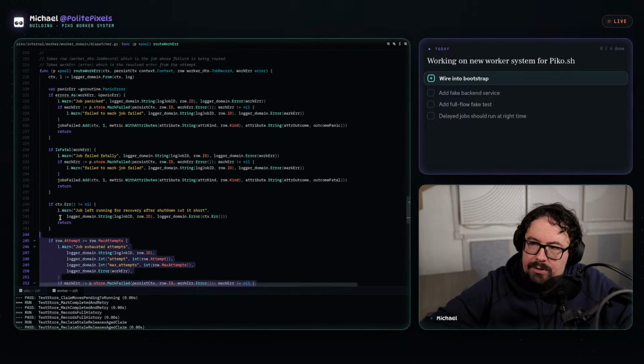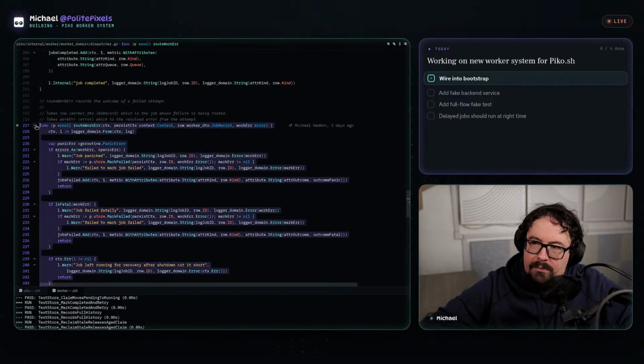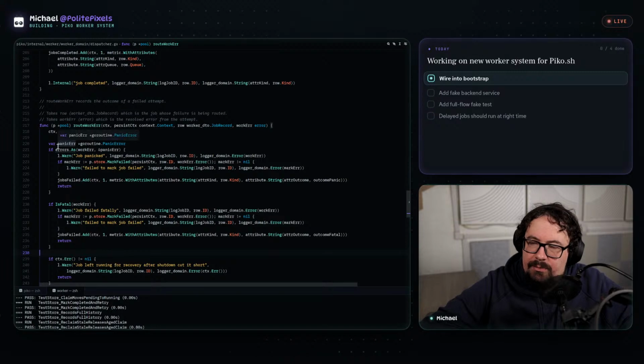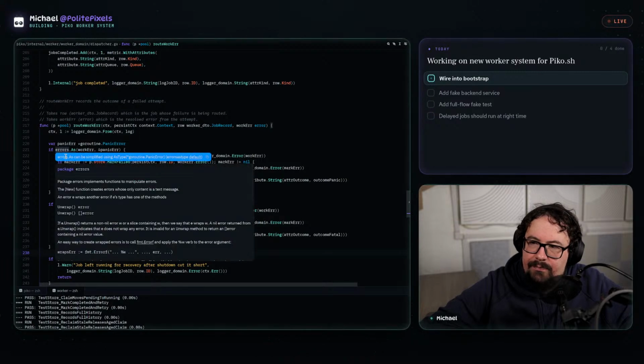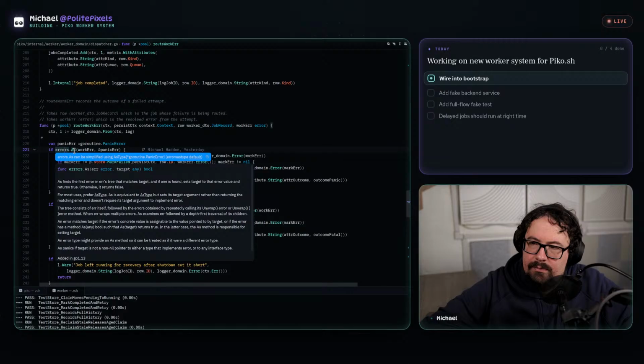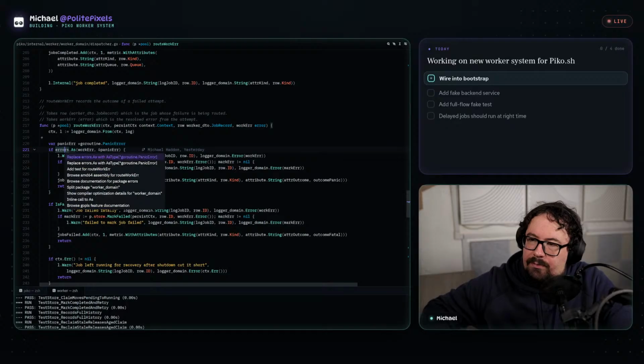This is a long function. I suspect this is probably breaking the linter. Can this do that for me?